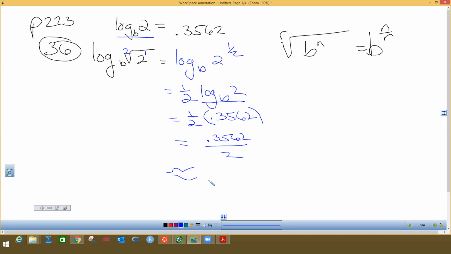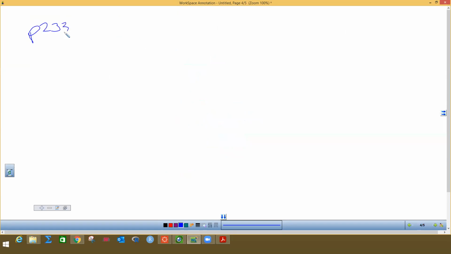Somebody said that that's the wrong page, so we're going to do the same thing on page 233. We're going to do number 36 on page 233 as well. So this one is page 233. And let's see, we got 8 times 3 raised to the 6 minus x power